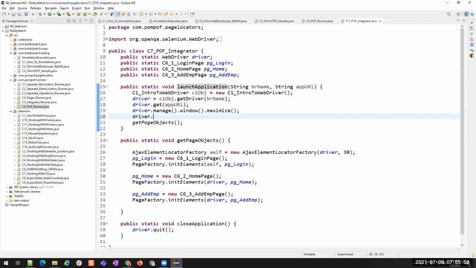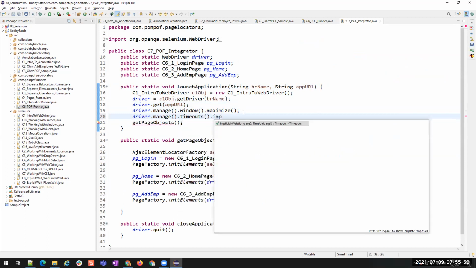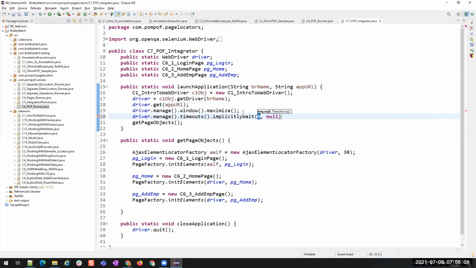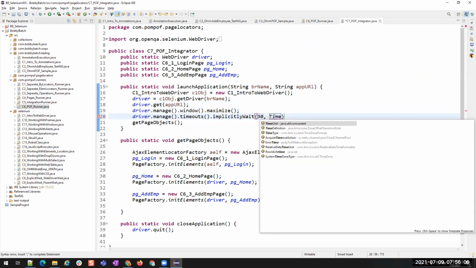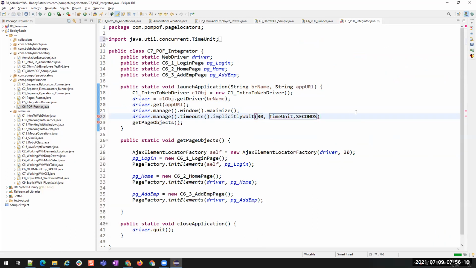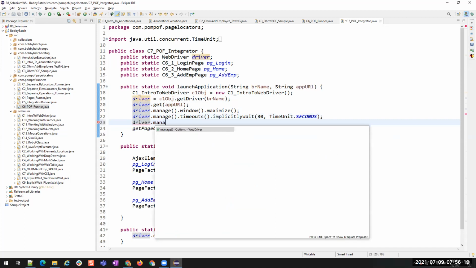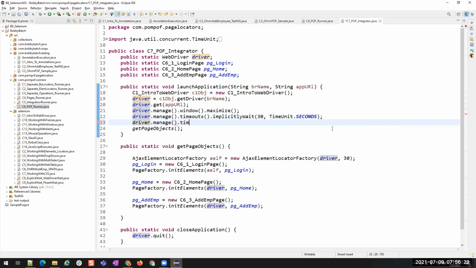So let me write driver dot manage dot timeouts dot implicitly wait. I want to wait for 30 seconds. This will be time unit dot seconds. Okay, and then we can also update driver dot manage dot timeouts, and put a timeout.